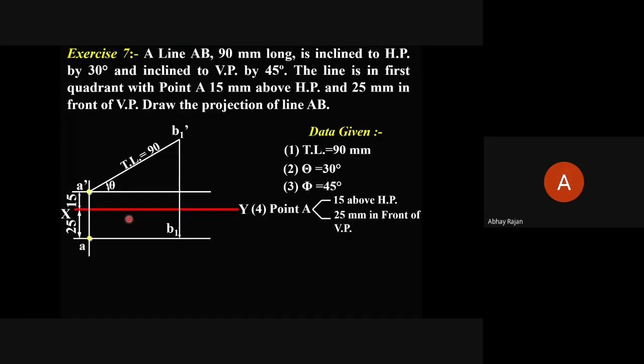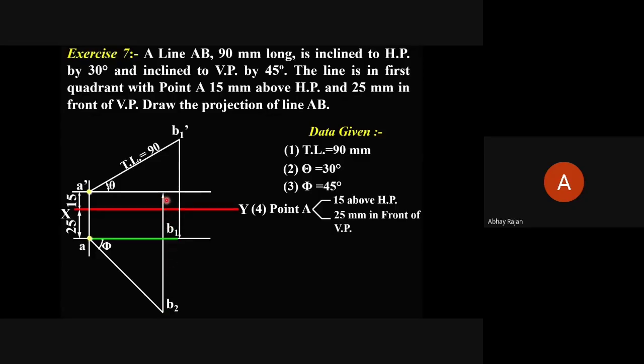Next, we will consider a line of true length 90 mm just inclined to VP by 45 degrees. So we are going to draw a line at an inclination of 45 degrees with VP, and you are going to name the point B2. This length will be 90 mm, and then straight away you can have the projections of this line